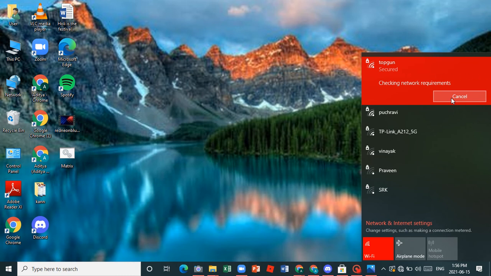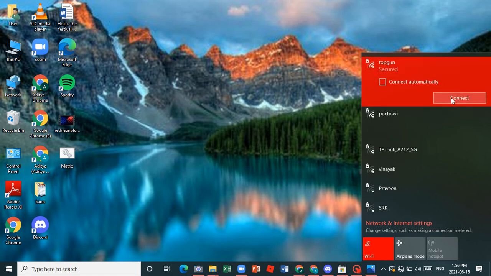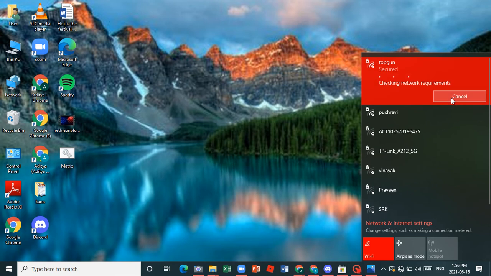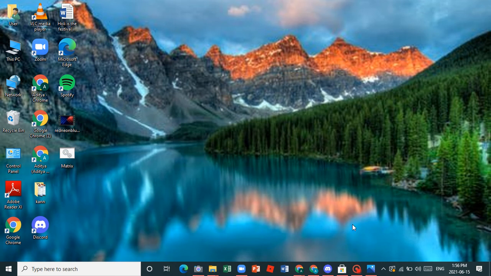Okay, so I can't say exactly what they can do, but my internet is not working. I'll just check once more if it will work or not. So yeah, now it's working. Now you can see the mountain wallpaper has come, but you can't unblur it. Okay, so now the other step is to use the option from the Microsoft company only.